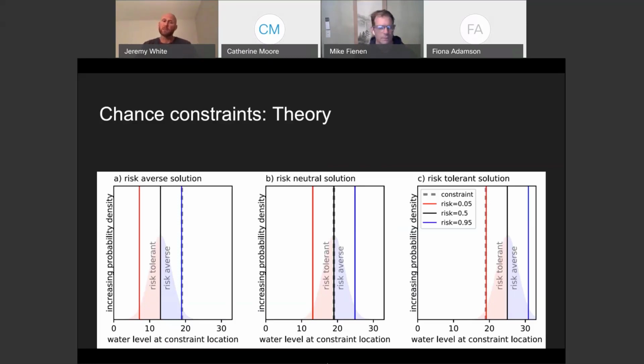And so most decision makers are going to be risk averse in this setting, especially when they're wanting to do planning to move towards cost benefit analysis. And so what they would say is, I want to be really sure that this dewatering system is going to give me 19 or less. And so what we do, we tell the model, actually the constraint value is closer to 13, much less than